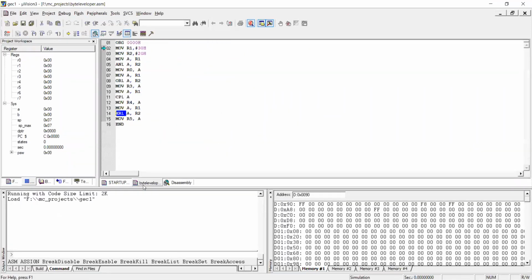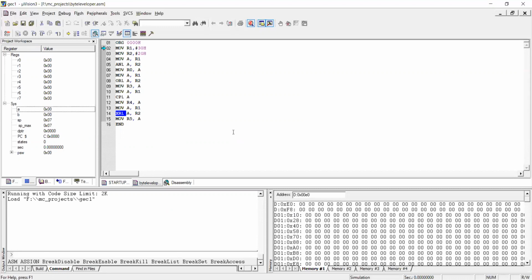Now we can go through this content, and also if you see, the internal RAM address of the accumulator is E0, right? We can check. You can go to the register window of the project workspace and see the content of the accumulator there, or else you can see any updation happening to the accumulator in the RAM address. The RAM address associated with the accumulator is E0 here. E0. Right?